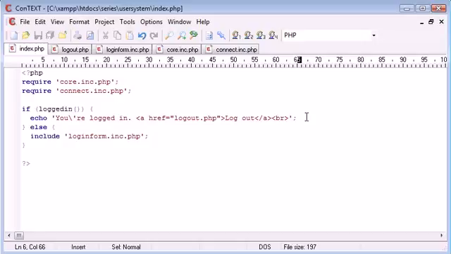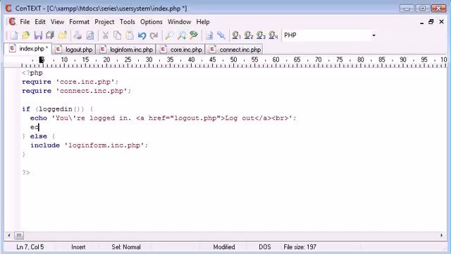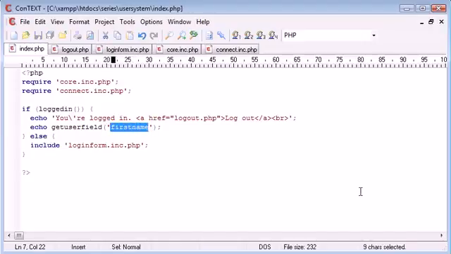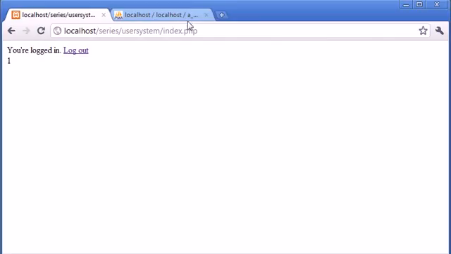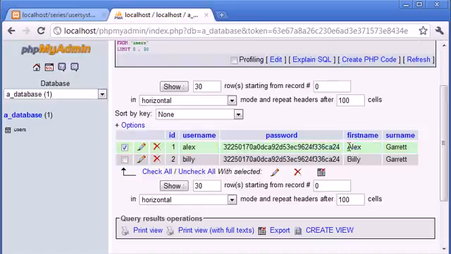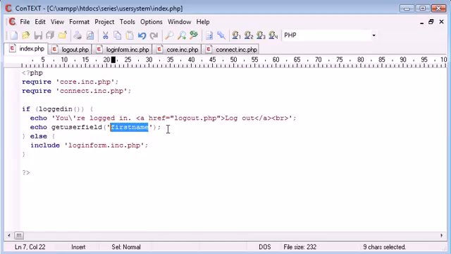Let's say, we'll just do it down here for now. So I'm going to echo get user field, and I want to get first name. So we're applying now the field name that we want to get. Remember, the field name first name will be equal to Alex in this case, because we're selecting from where the ID is 1. Okay, so let's test to see if this works, and then we can apply it to this